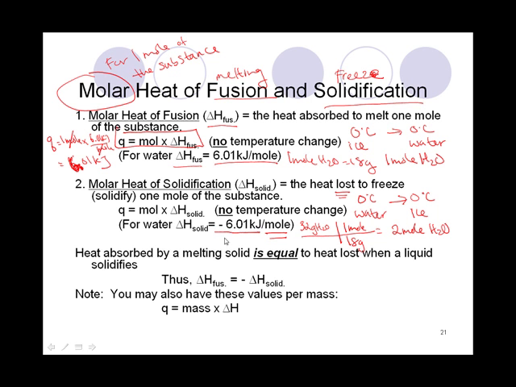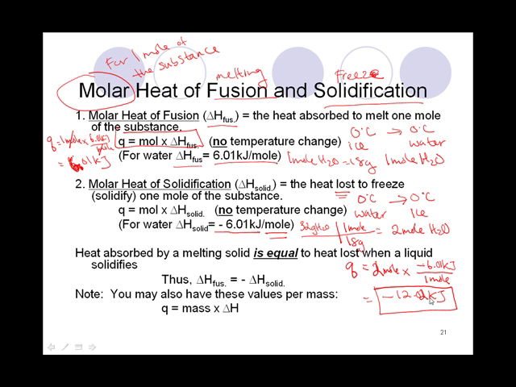So if I know that I have 2 moles of H2O, the amount of heat lost by 2 moles of H2O, I need to multiply that number by the heat of solidification, and that is negative 6.01 kilojoules. 6.01 kilojoules is the amount of energy that is lost by 1 mole of the water. Multiply that together, and now I have negative 12.02 kilojoules that the 0 degrees Celsius water needs to lose